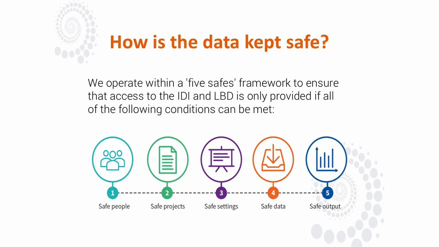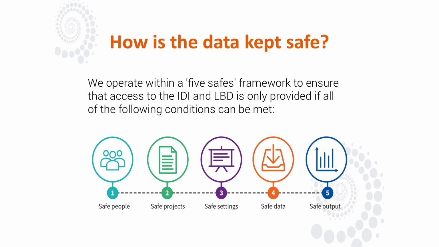So the first is safe people. We do reference checks, researchers sign declarations of secrecy and undertakings for behaviour and the rest. We have ability to sanction behaviour that is outside of the rules. People can be banned or even prosecuted. We have not had to do that. We have a good trust relationship that we work on with the researchers. So safe people, we're really clear that we understand who is getting in and using the data.